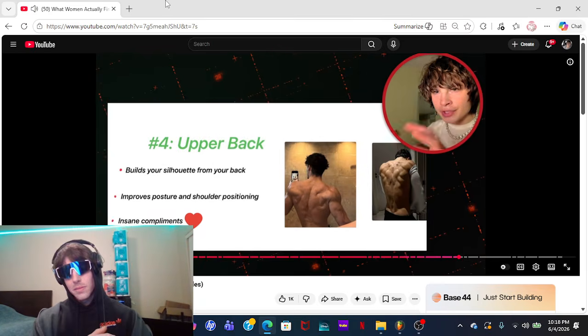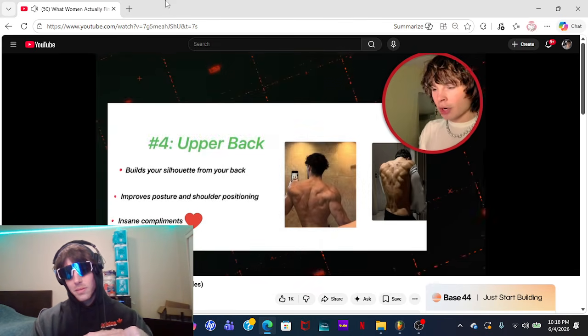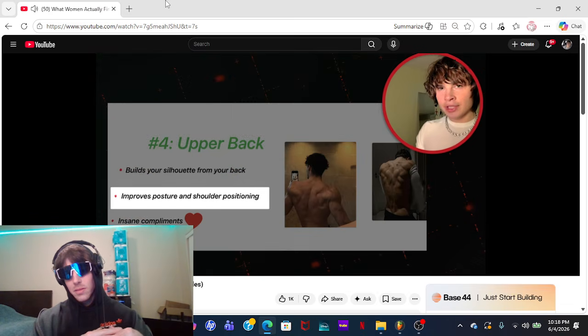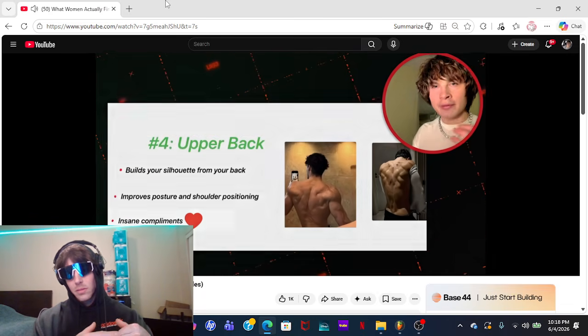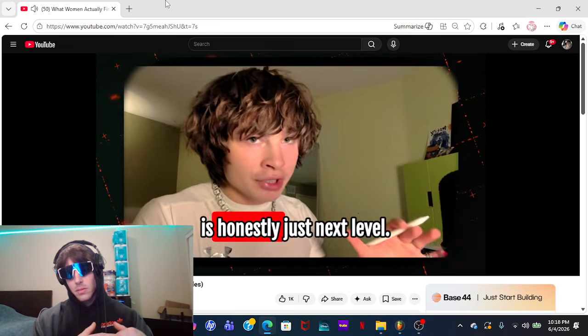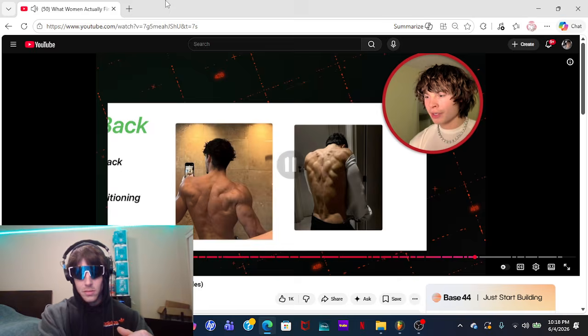The upper back builds the silhouette of your back. And when someone thinks of an aesthetic back, they're normally thinking about the traps and rhomboids. Training your upper back can improve your posture and actually give your shoulders a better positioning. On top of that, guys, the compliments you get from having an aesthetic upper back is honestly just next level. And again, guys, if you go on TikTok or you go on Pinterest,